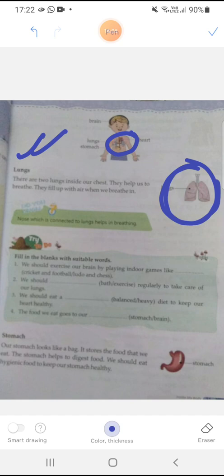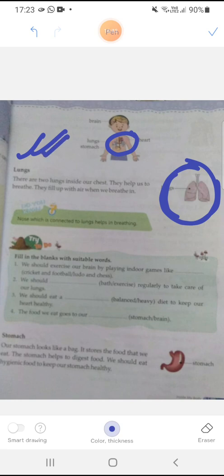So these lungs almost work as a strainer of the air. Whatever dust is there in the air, the lungs take that, and the fresh air goes to our body. From the air which we breathe in, the oxygen is mixed with the blood, and that purified blood is sent by the heart to our body. So what is the main work of the lungs then, students?